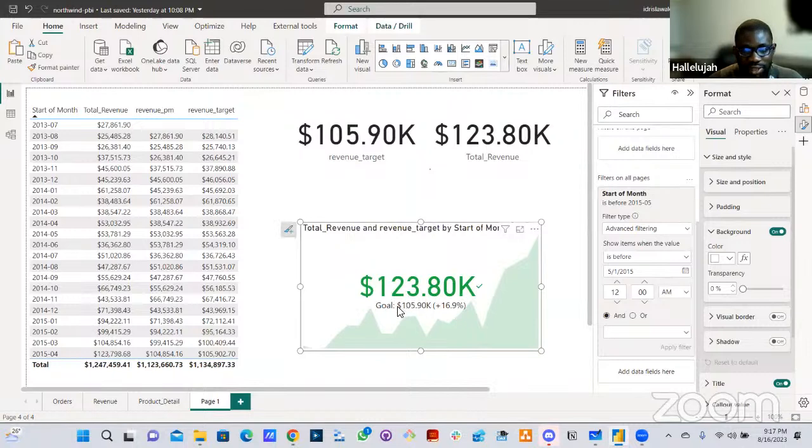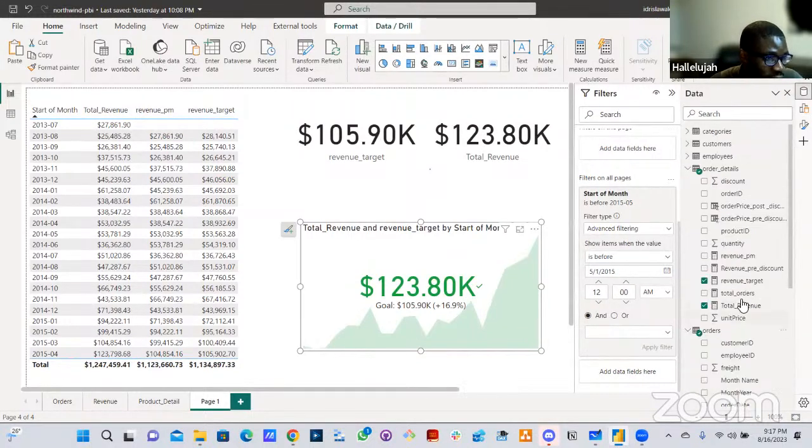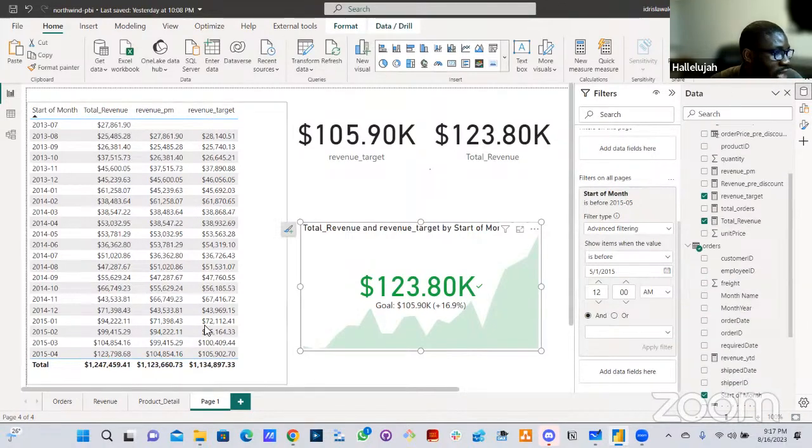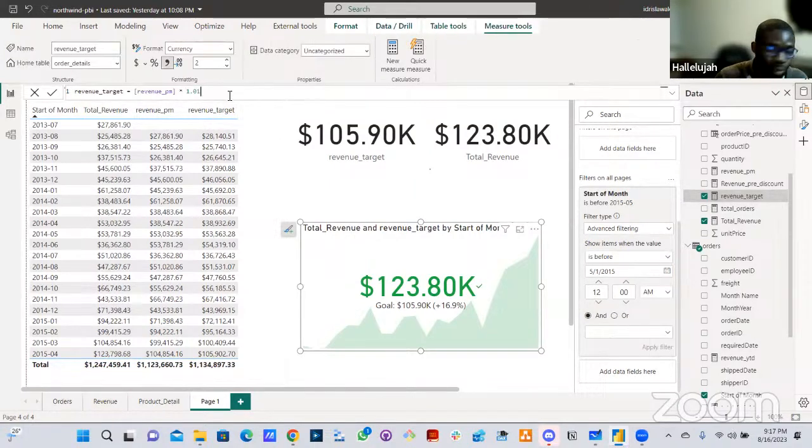And this is our target. So our target is 105. We actually made 123. And this KPI card is very interesting because it responds to, let me show you what I mean by that. So let's change our target back to 1.1 so that I want the target to be greater than the revenue. So you will see what happens. So if I come to my target and I multiply it again by 1.1 and I click on enter,